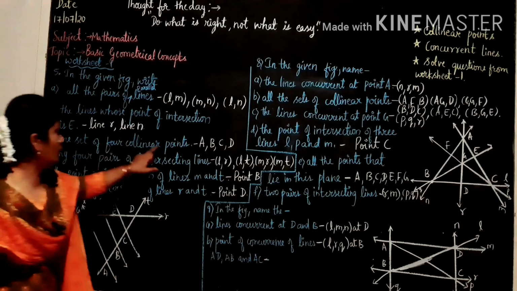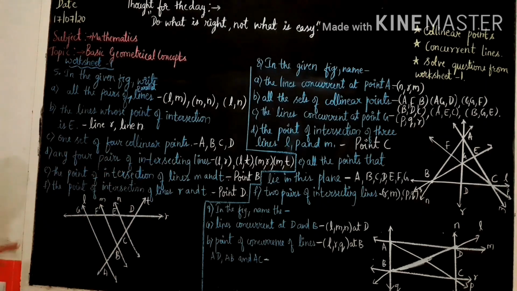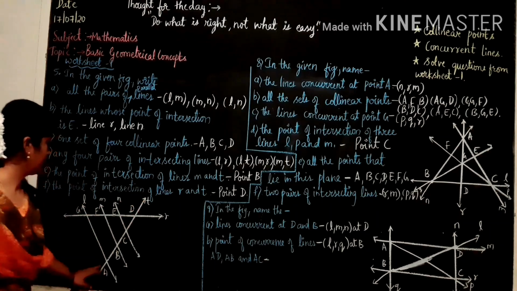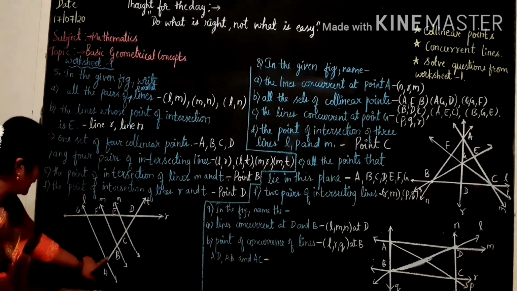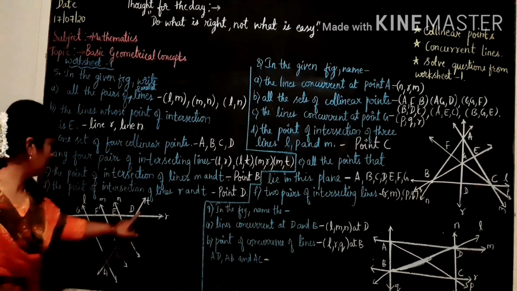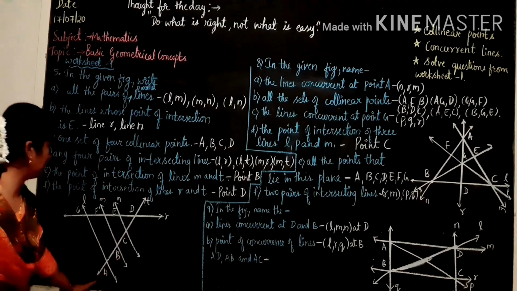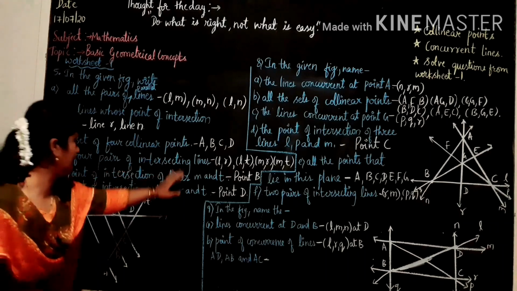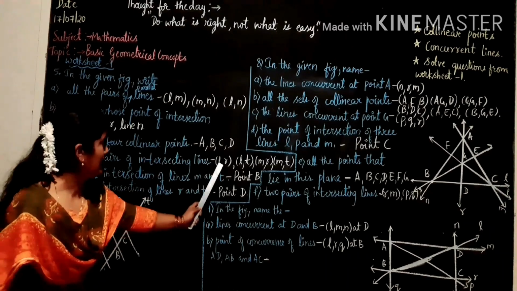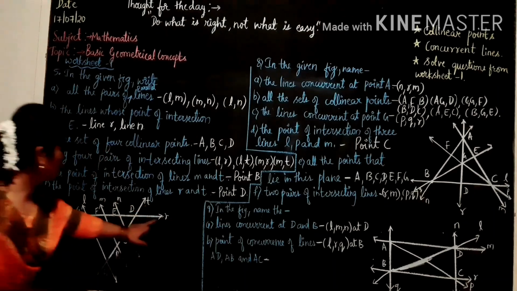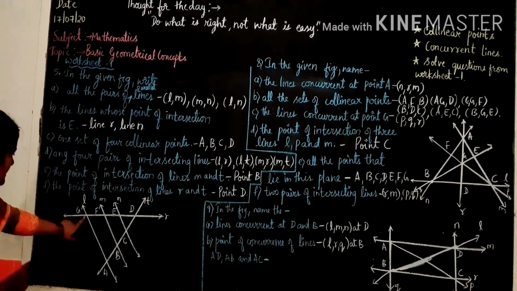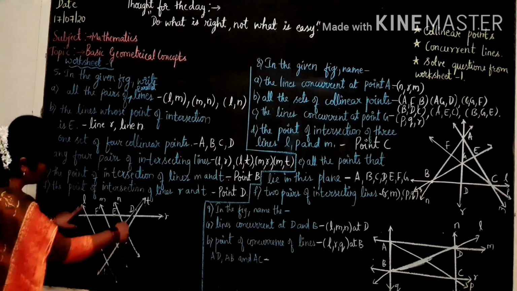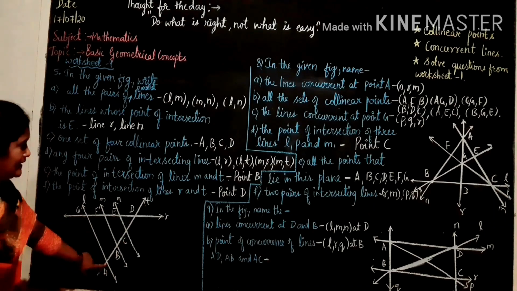One set of 4 collinear points. As you know, collinear points are those points which lie on the same line. Here on the line T, points A, B, C and D are lying on the line T. So these are the set of 4 collinear points. Any 4 pairs of intersecting lines. Here I have taken L and R. L and R are the 2 lines, and these 2 lines are intersecting at point G. Then you have L and T. Line L and line T are intersecting at A.